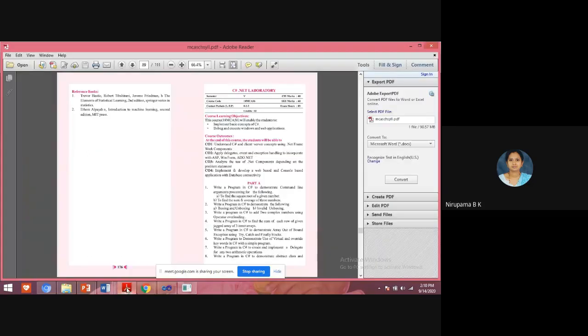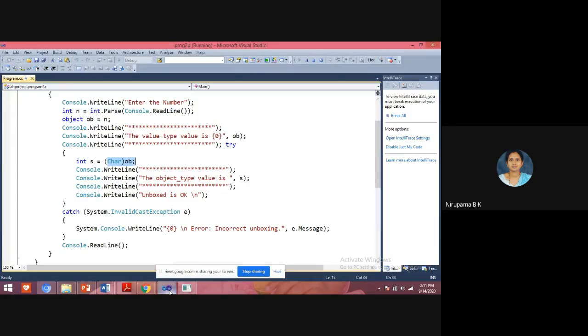And your next lab program is the third program. Write a program in C# to add two complex numbers using operator overloading. Yes, students, in Java also you learned operator overloading.